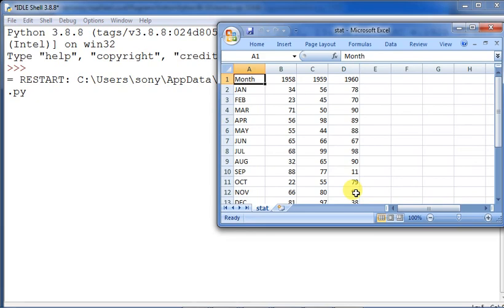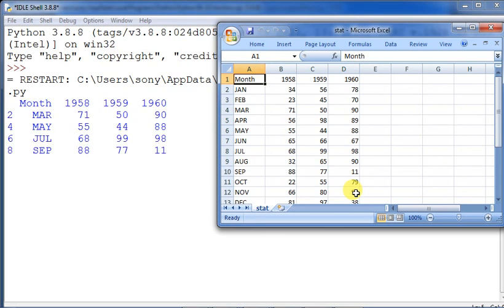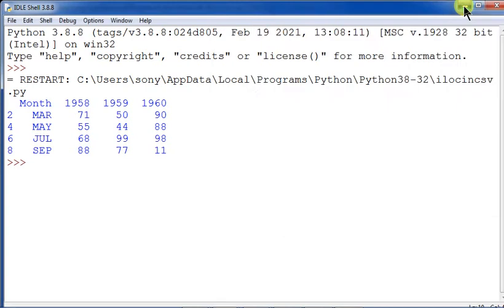As I have told you, because it is given 2:8:2, you see out here 2, 4, 6, 8 has appeared over here. Is it not? 2, 4, 6, 8 has been included, because we have used loc. Now you see the execution with iloc.